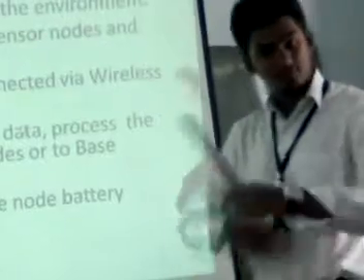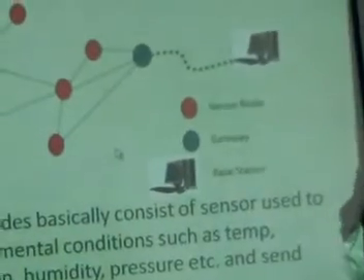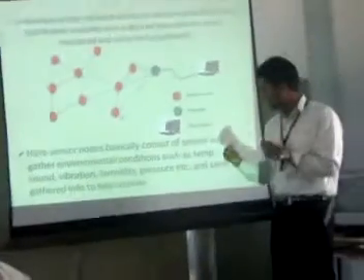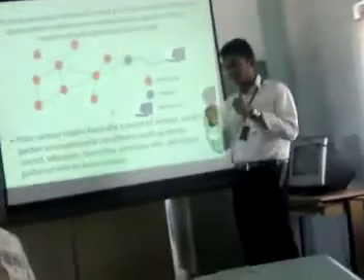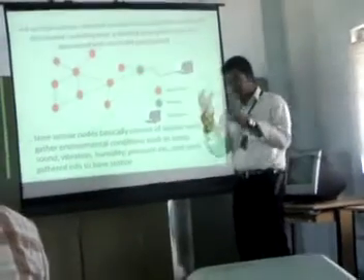So basically, what is a wireless sensor network? A wireless sensor network is a network which consists of sensor nodes. These sensor nodes are distributed randomly over a specific area which we want to control and monitor continuously. These sensor nodes consist of sensors, which are used to gather environmental conditions such as temperature, vibration, pressure, and humidity, and send it